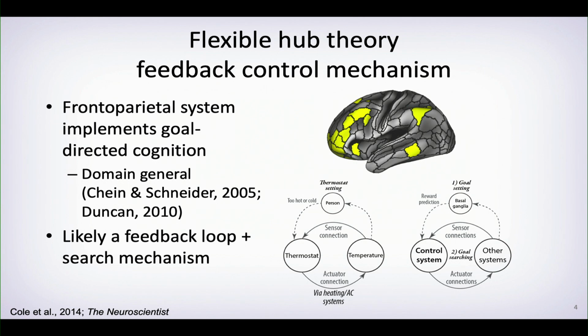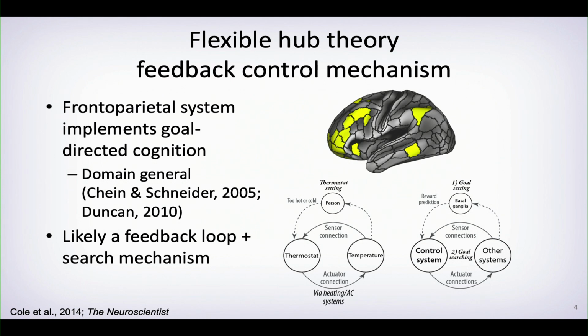And so taking this property into account, we started trying to think about how it could have this domain general function. Well, one thing is that we found a lot of evidence that it has global connectivity. It acts as a kind of hub across different networks. So that makes sense from the perspective of it being able to interact with a wide variety of different representations